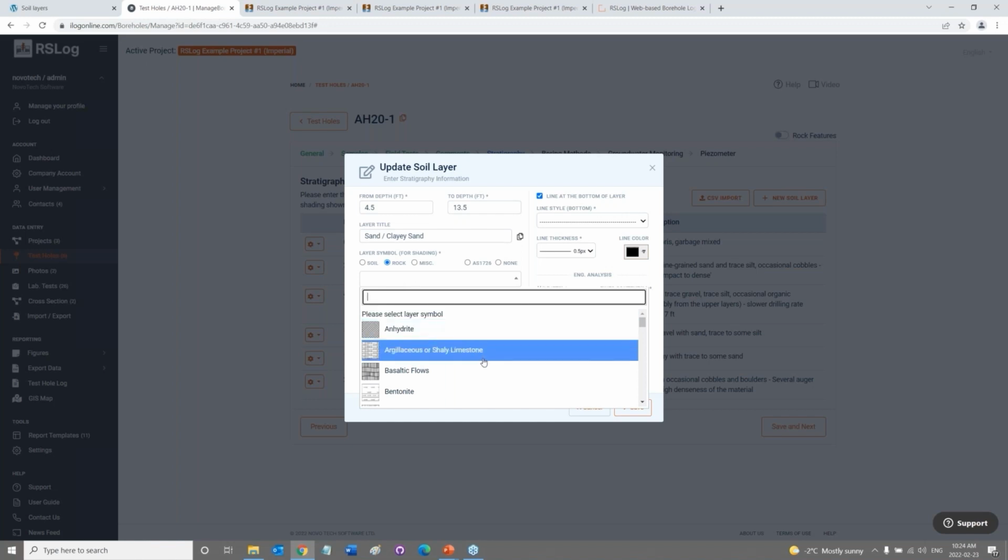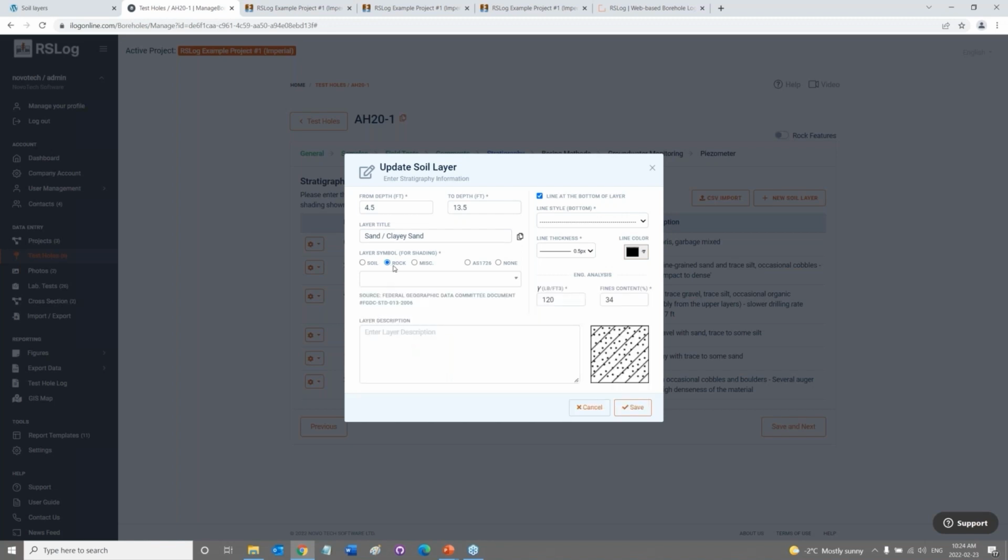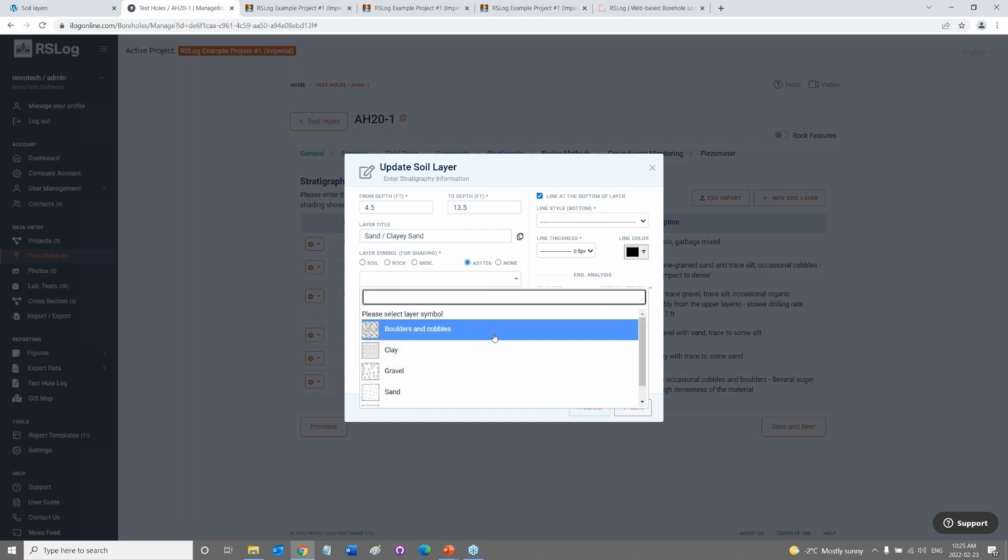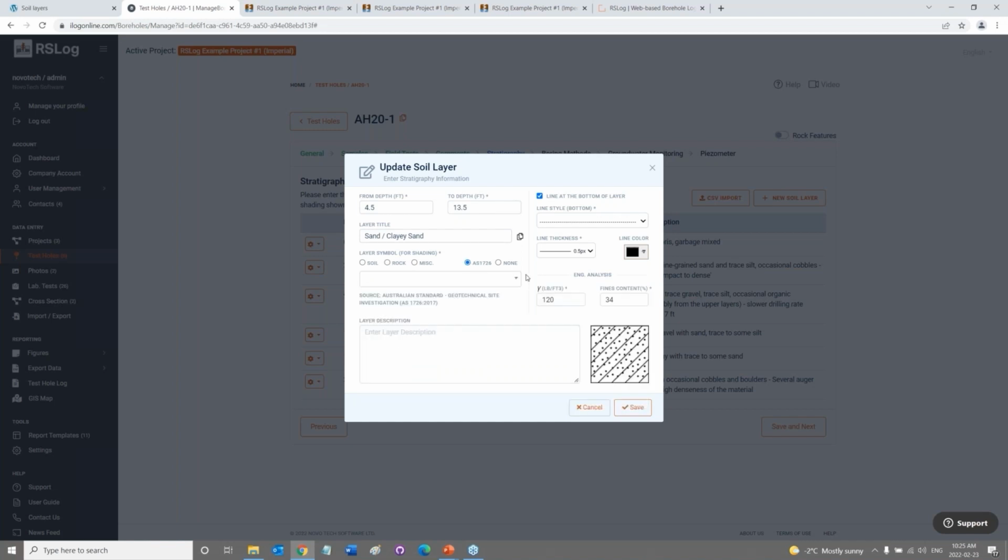So we have here more than 35 different types of rock hatch, and we have a couple of other miscellaneous types of hatch here. A few Australian standards also included, and obviously the line you want to show at the bottom of the